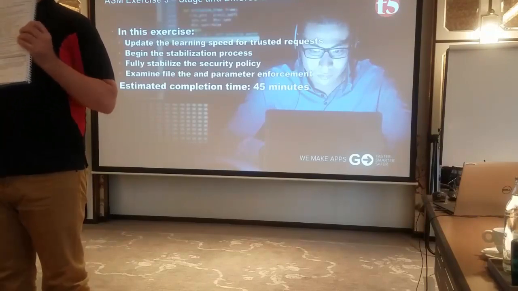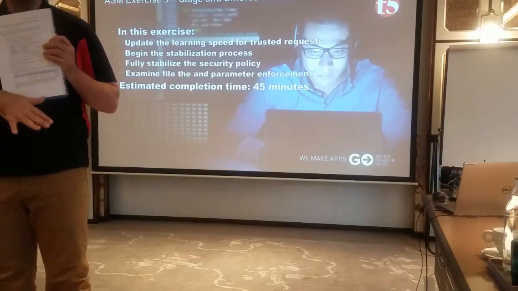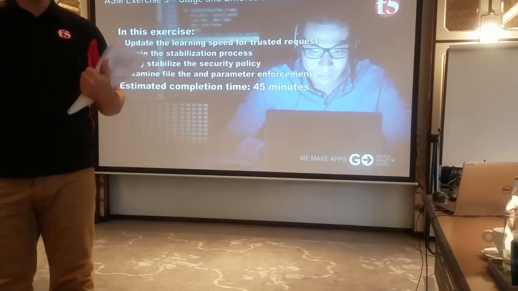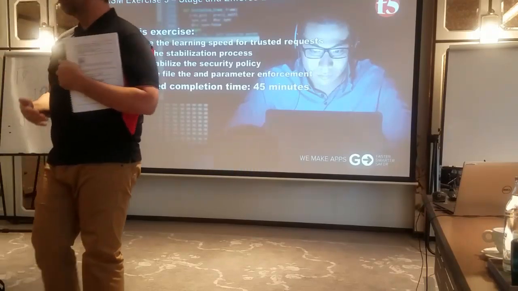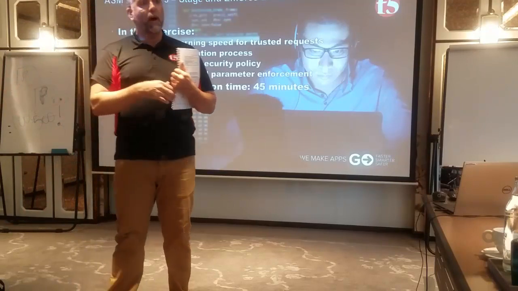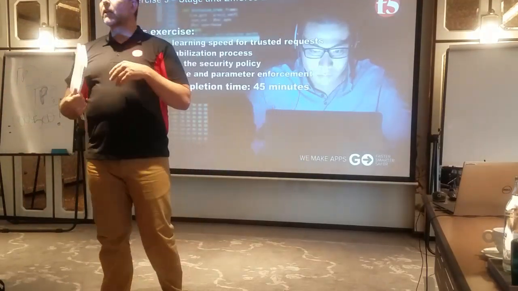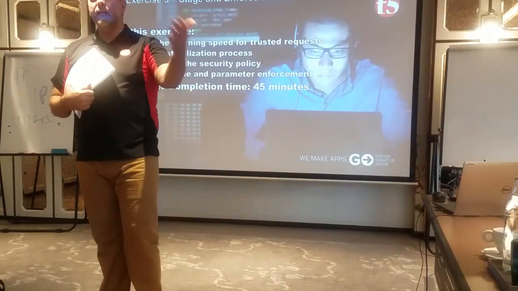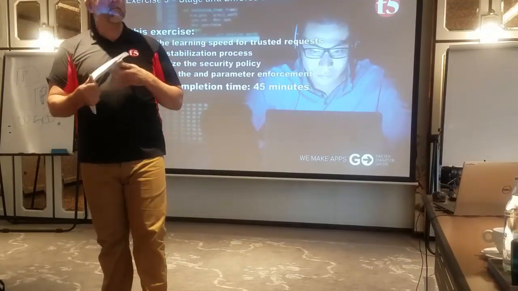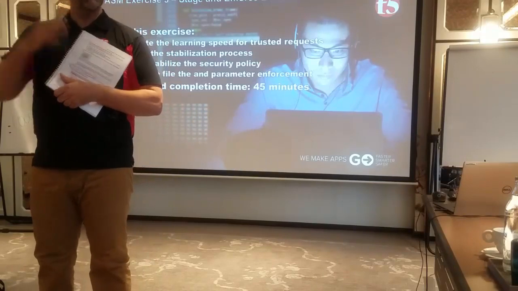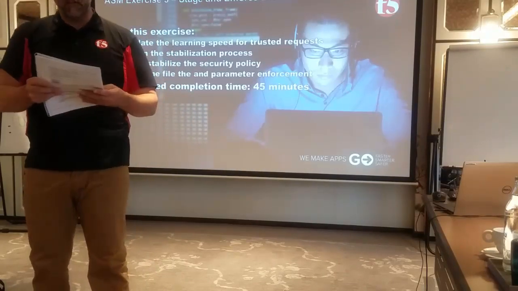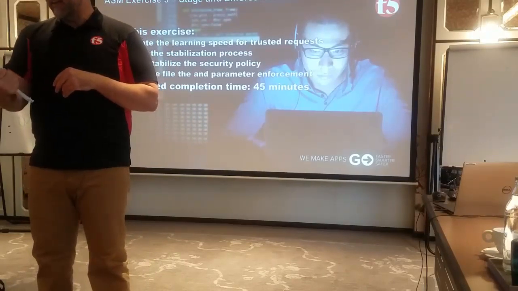So you're going to start with a brand new security policy. You're deleting the old ones, you're starting with a brand new one, building a new security policy using automatic builder, trusted requests, adding file type learning, URL, parameters, and so forth and so on. And then you're going to run the macro, generate some requests. On task 2,